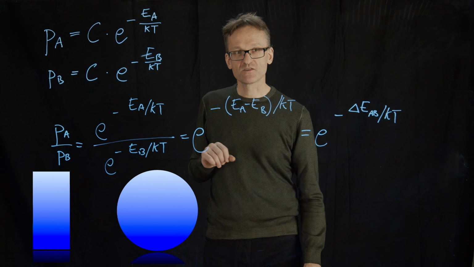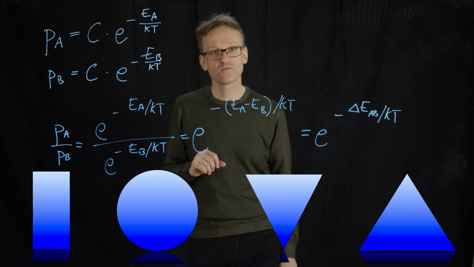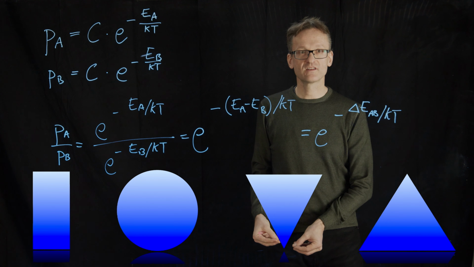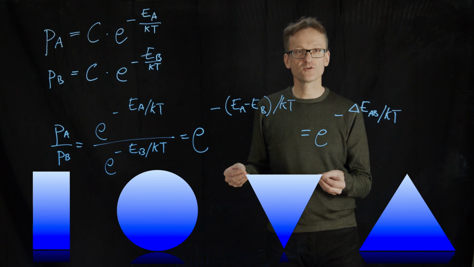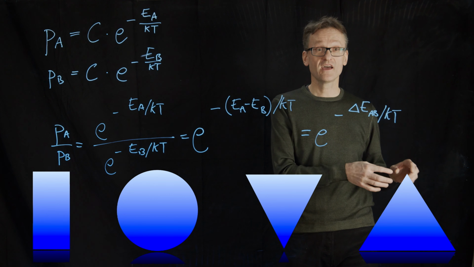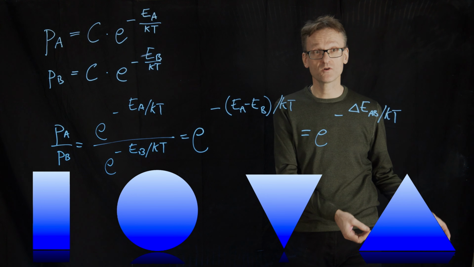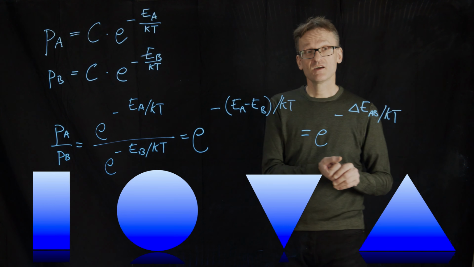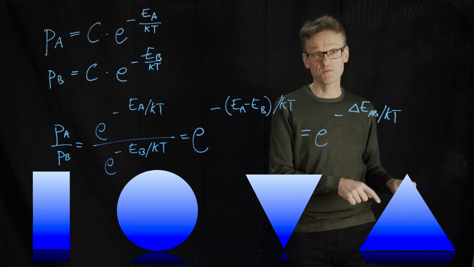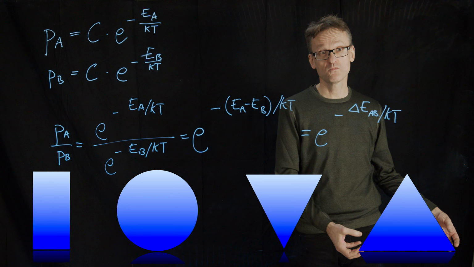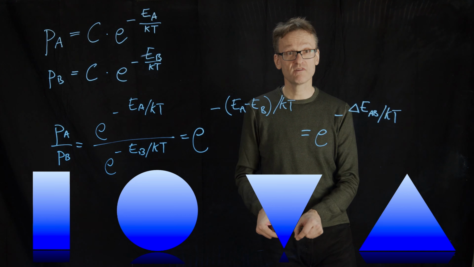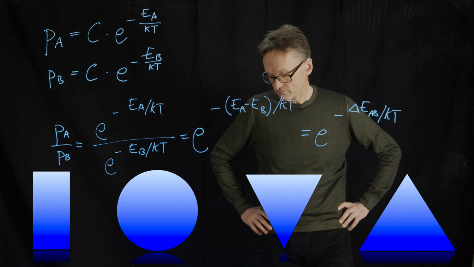I couldn't instantly guess which one of those is more likely, but maybe we should take two more obvious examples, triangles. Here I have hardly any volume at all down on the good level, while we have tons of volume up here where the energy is higher and the particle density is likely to be lower. Here, on the other hand, I have plenty of volume down here where particles really want to be and very low volume up here. We don't know this yet, and we don't know what it's going to look like, but I hope that your gut feeling also says that this is going to be better, because in this case, we will have many more particles here because there is simply more room here, while here we hardly have any room, so there are going to be very few particles that can fit down here.